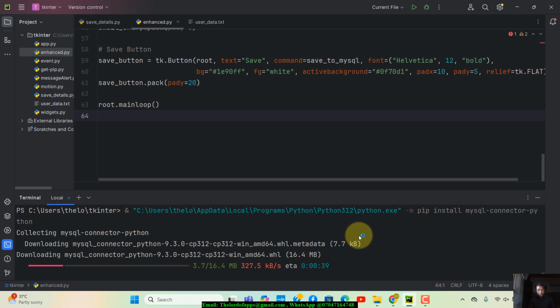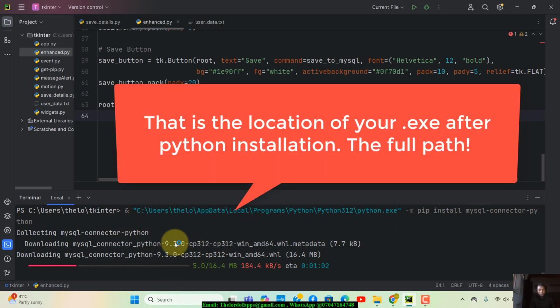All right, so you may be confused on how you can actually get this. Maybe in the future I will show you guys how you can actually find this location. All right, but for those of you who already know it, I know that you're already following the tutorial just fine. All right, so I want to be sure that I install this MySQL connector right here